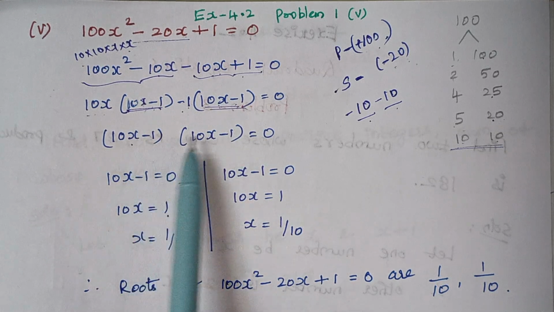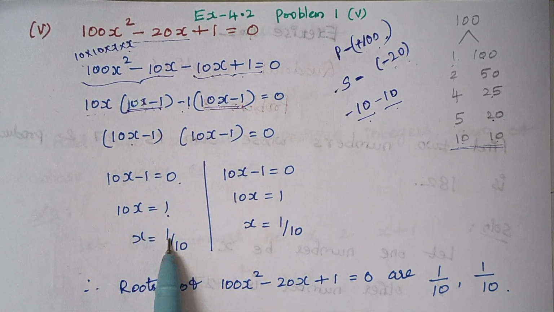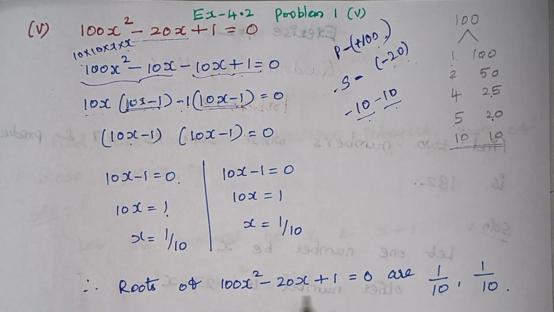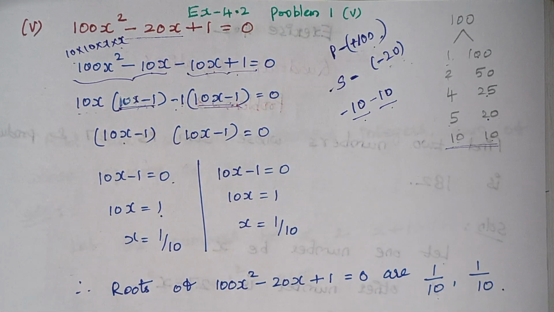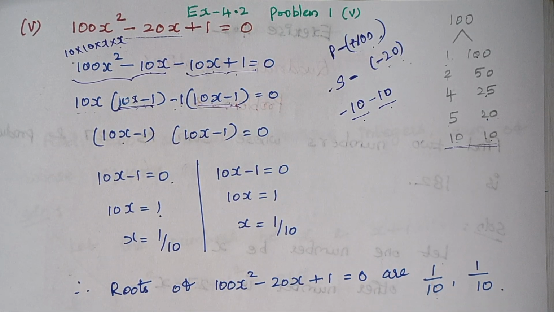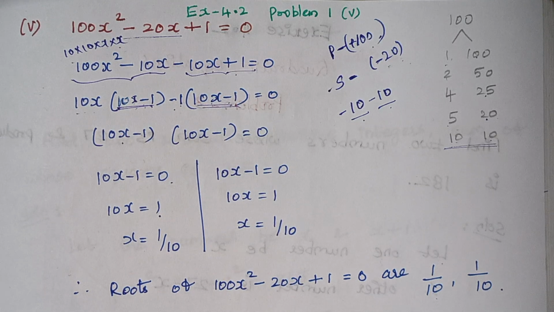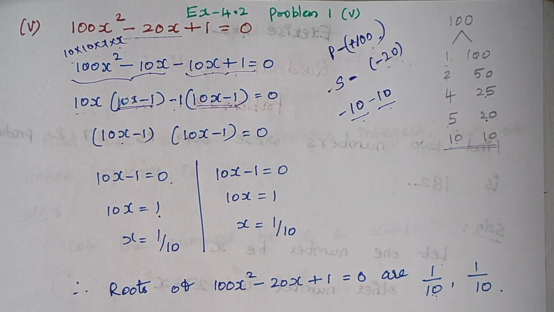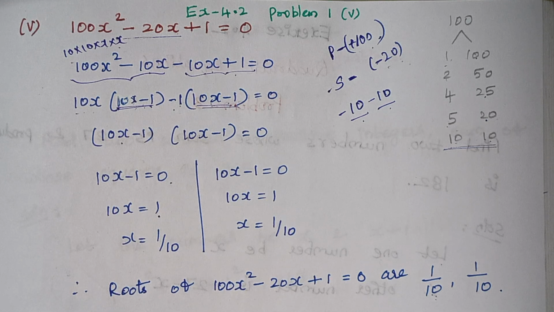Since we have identical roots, no need to do it 2 times. Anyway, I have done it here. Now, the roots of this equation are 1 by 10 and 1 by 10. Finally, if you need to check, you can check. You can replace this value in the place of x and check whether this equation is equal to 0. If your answer is correct, then the value should be equal to 0. If it is not equal to 0, then your answer is wrong. Again you have to